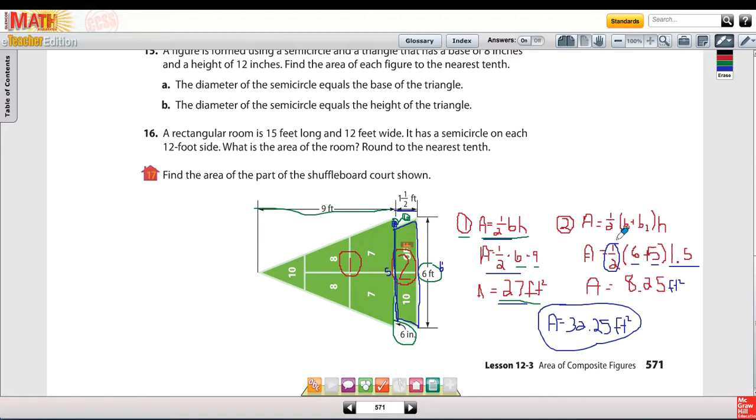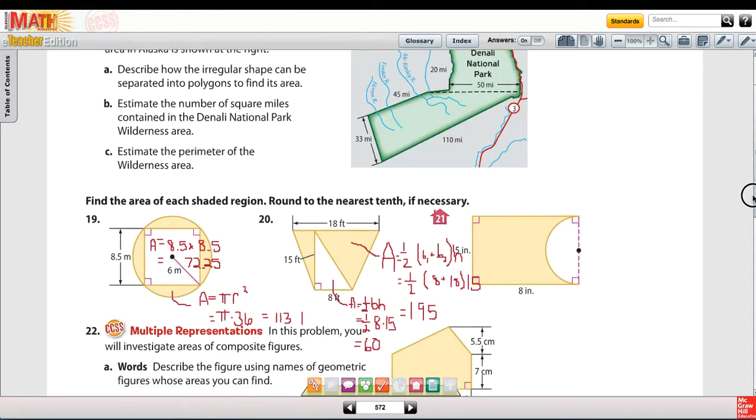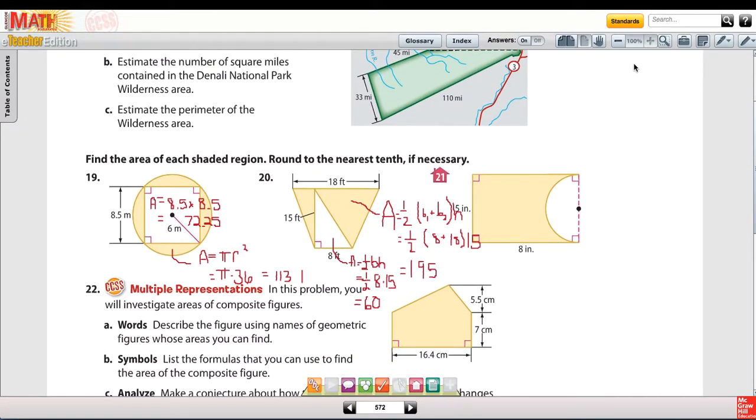The next problem that we're going to do is on page 572, and it's number 19. You'll notice that I set it up the same way as I did the previous problem, where I have the area of the square calculated first. The formula for the area of a square is technically area equals side squared. Will you get the same answer if you take length times width? Absolutely. But in this case, I have a square inscribed inside of a circle. So I'm going to take 8.5 because it says my length is 8.5. 8.5 times 8.5 gives me